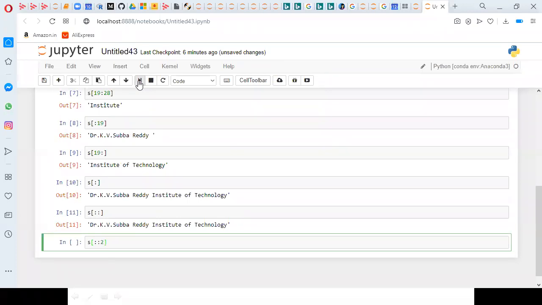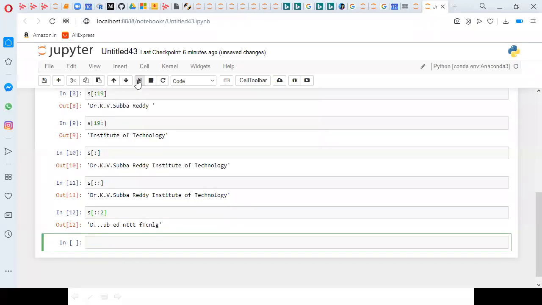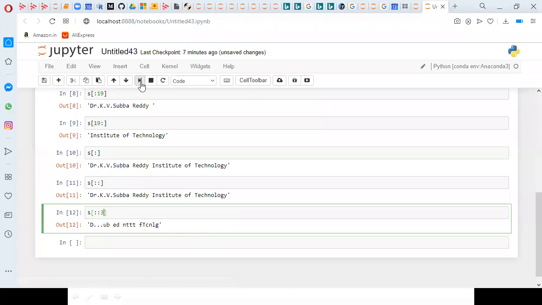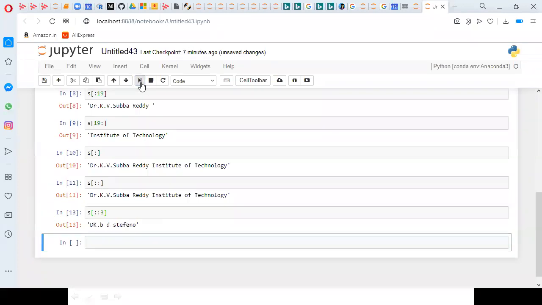Colon 2 means it will pick only even cells: 0, then the second cell, fourth cell, sixth cell, eighth cell, 10th cell, like that. If I mention 3, it will skip 3 characters: it will take 0, next the third index, the sixth index, the ninth index, like that. That is about step.